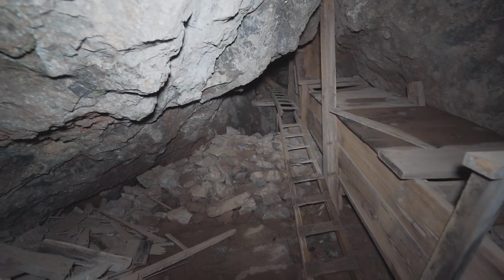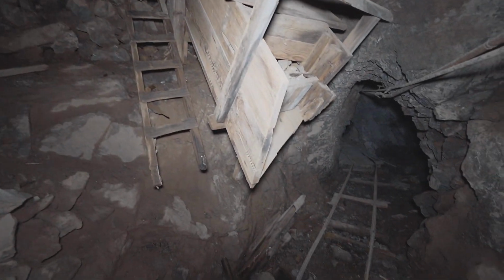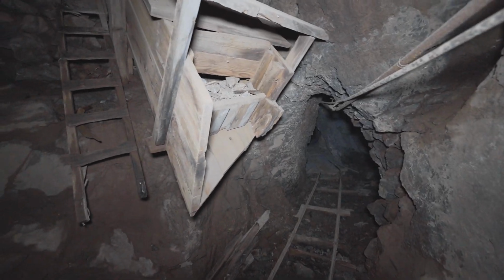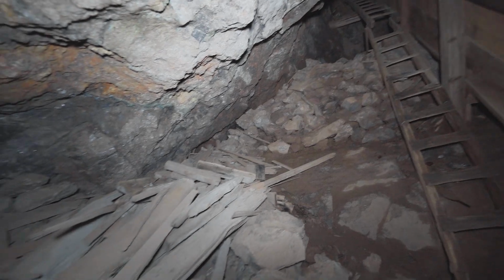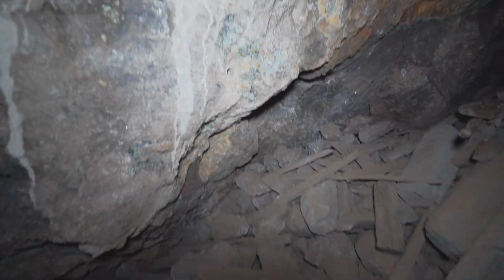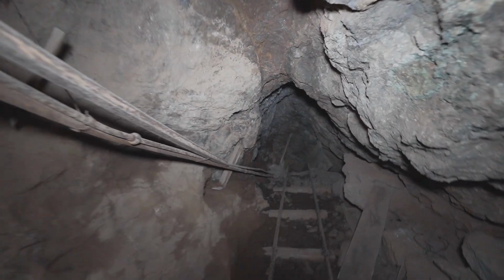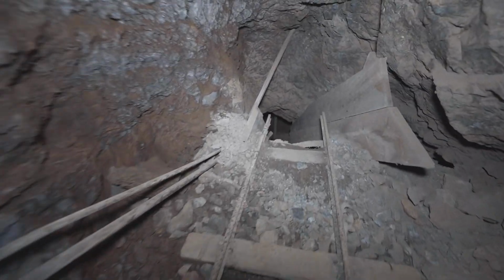Okay, so this is where we came down. There's ladders and a chute. We moved the ore car back where we found it, deeper inside the drift. But yeah, this is the chute. There's some gobbing, which is stacked rock, some waste timber. Bit of interesting geology in here as well. And then the only other thing on this level that we haven't seen yet is this chute,